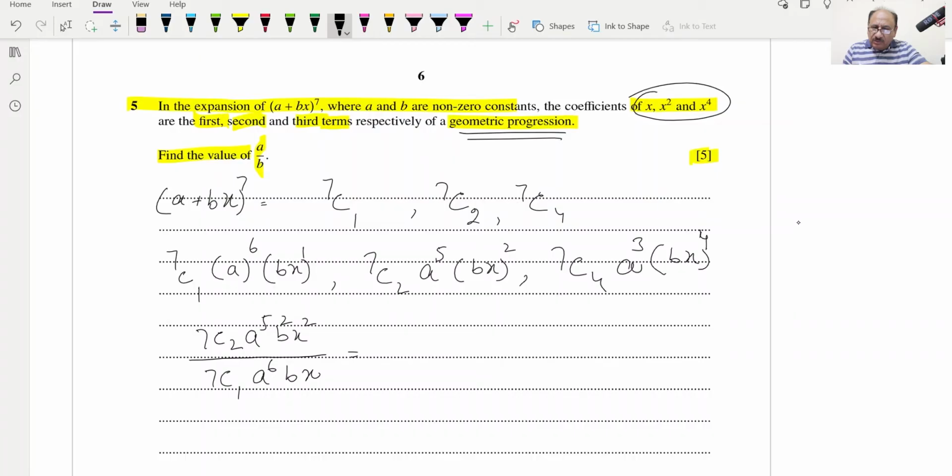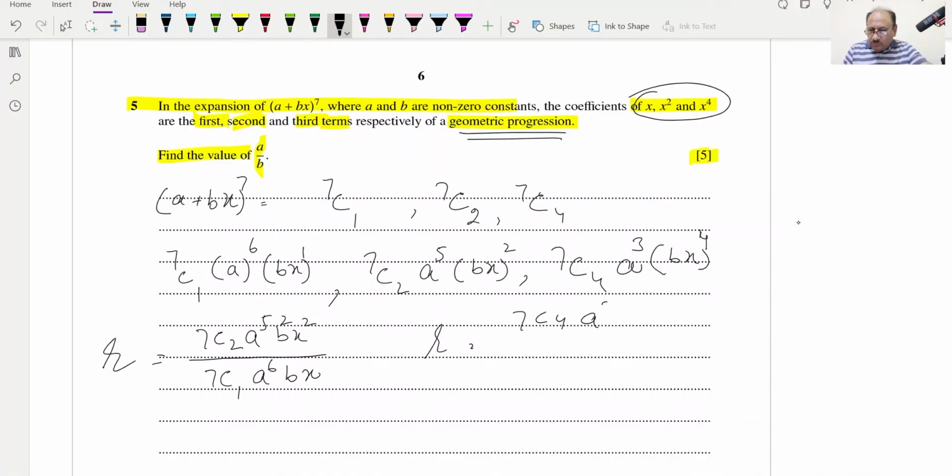So a and b are the non-zero constants, the coefficients of this one are the first, second and third term. So this is our first term and this is our second term. So we have divided these two and got the value of r. Now similarly we can divide the third and second term to get again r, and we can put this one equal to r, and this one will be r is equal to